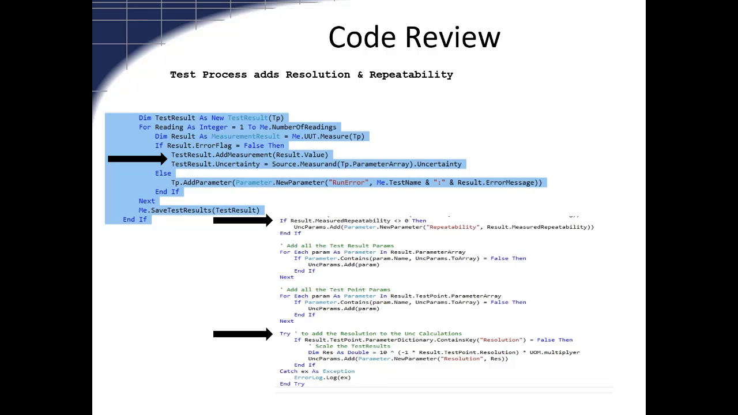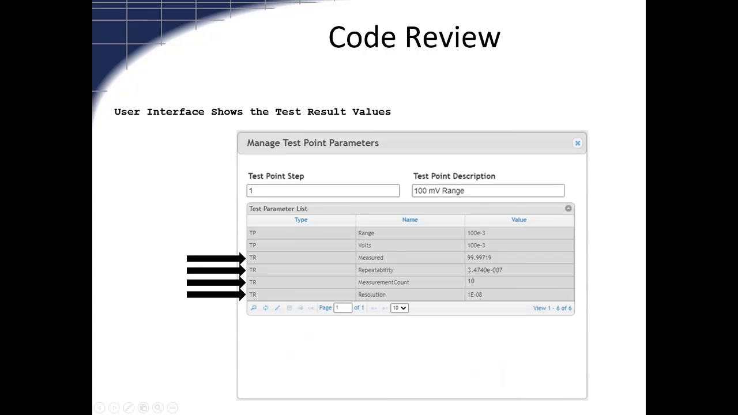So this gives us some ability to come back in and set a parameter for the resolution or grab the resolution out of the test point. So that keeps the code from breaking inside of there. So as the result gets saved up to the server, now you can see in here that we've got the